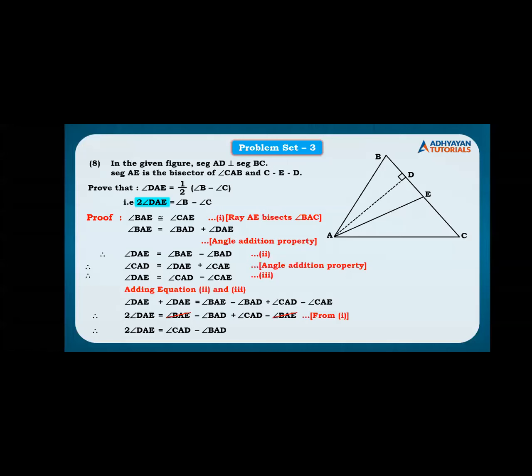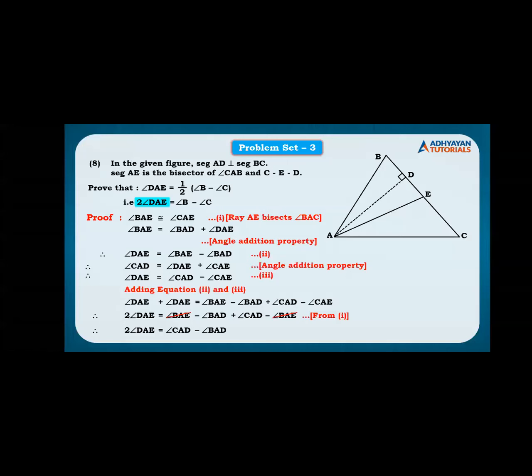So let us apply the angle sum property, that is, the addition of all three angles is 180. Angle CAD plus angle ADC plus angle C, or you can call it ACD, right? Later I am going to name it C. Now, children, CAD we need as it is, so I have kept it as it is. But ADC, this angle is nothing but 90 degrees. So instead of ADC, I would write 90 degrees, plus instead of ACD we can always write C, because angle ACD is as good as angle C, is equal to 180.